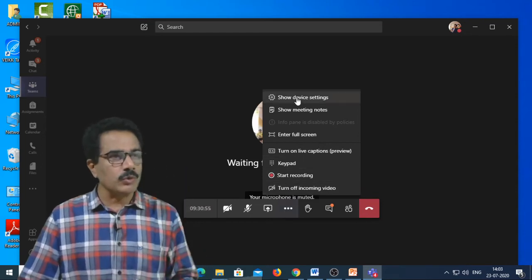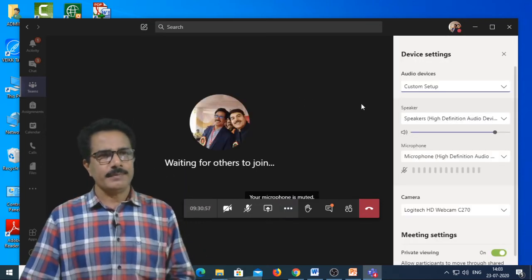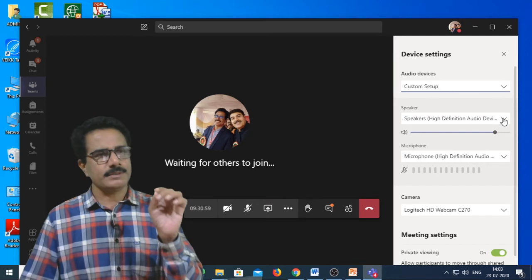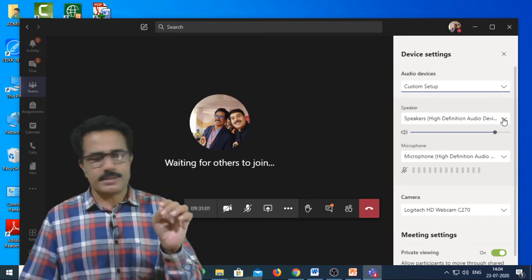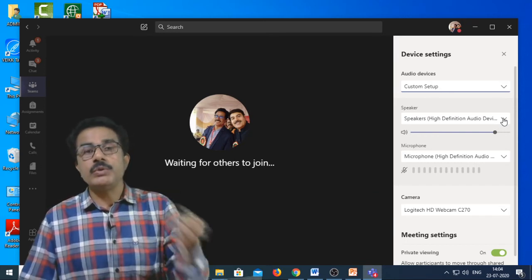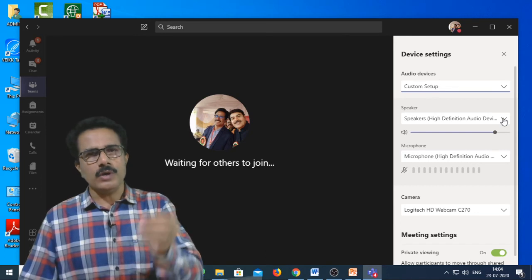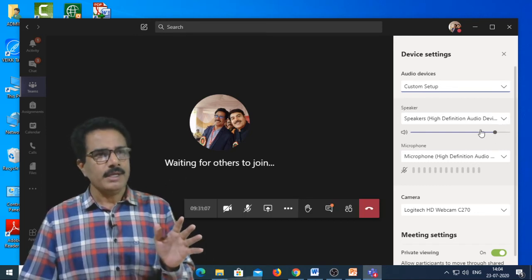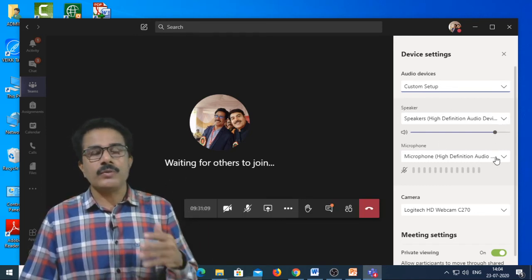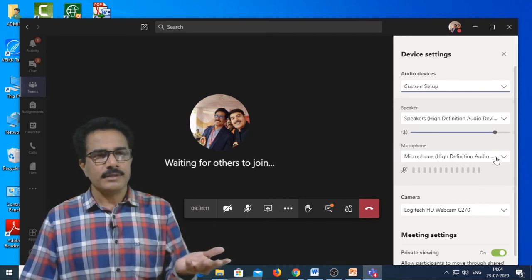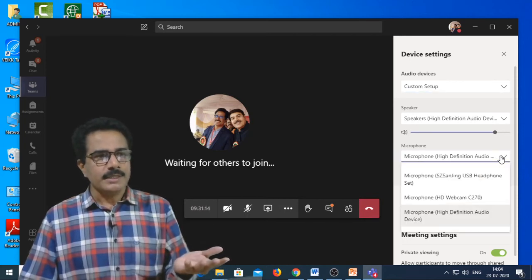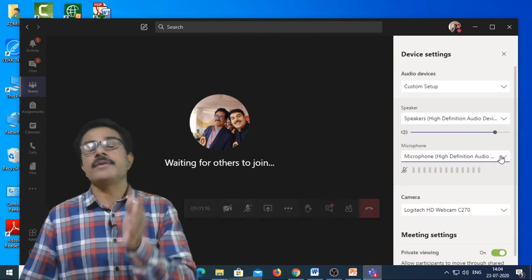First of all, you have to go through the device settings and connect the speakers which you are using on this Microsoft Teams. Then you have to connect the microphone.